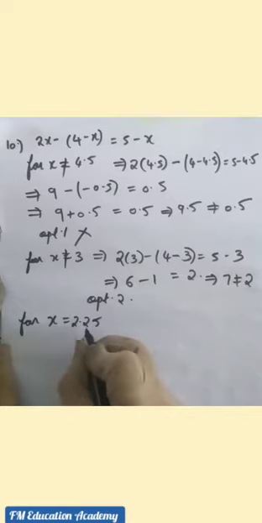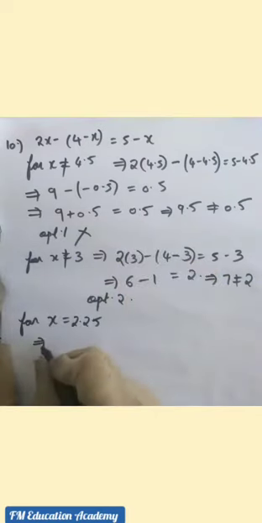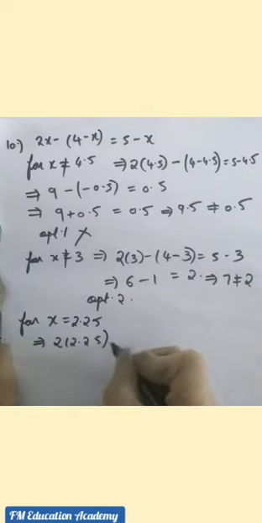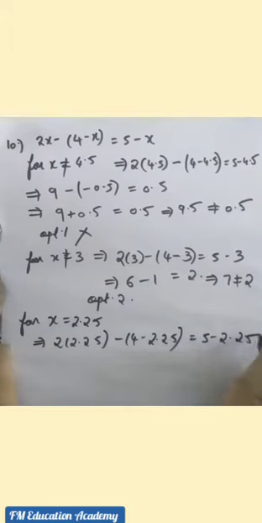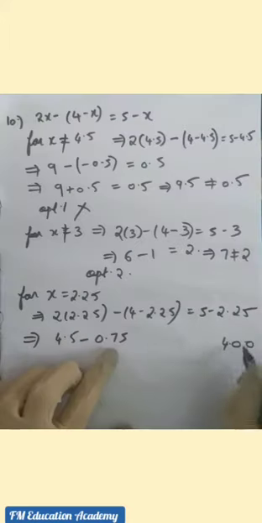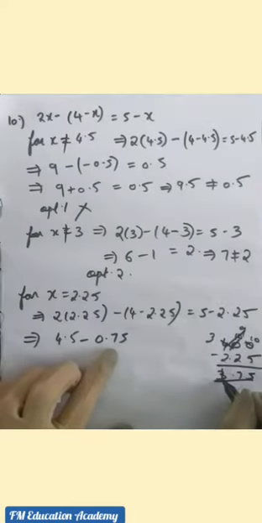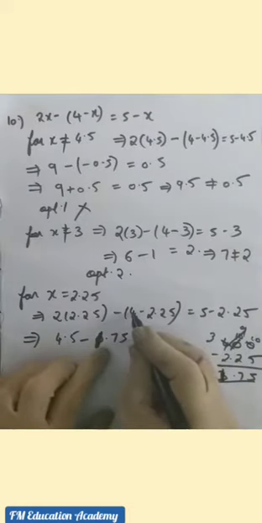Again, substitute the value of x is equals to 2.25 here in this equation in place of x. So what it becomes? 2 into 2.25 minus 4 minus 2.25 is equals to 5 minus 2.25. What is 2.25 into 2? 2.25 into 2 is 4.5. Multiply and see. Minus 4 minus 2.25. You can already subtract and see. This will become 3, 10, 9, 10. 10 minus 5 is 5. 9 minus 2 is 7. We have 1.75. So here I have 4 minus 2.25 is 1.75 and it is plus 1.75 because the value of 4 is plus over here.